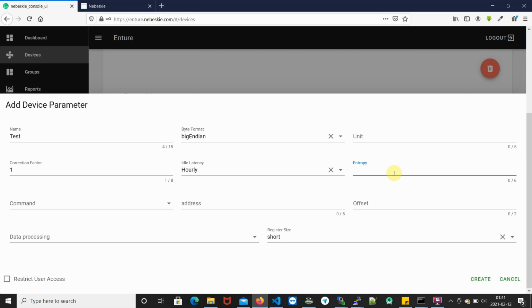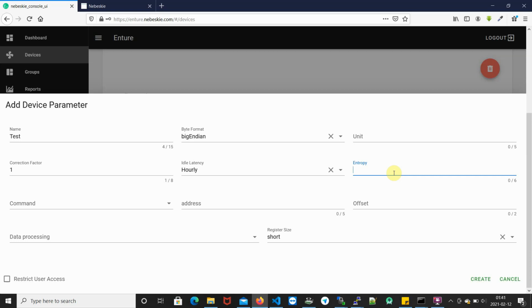For example, if I am talking about voltage, I want to record every change that has a range of plus or minus 1 volt. If the value changes from 230.45 volts to 231.45 volts, we have a delta of 1.